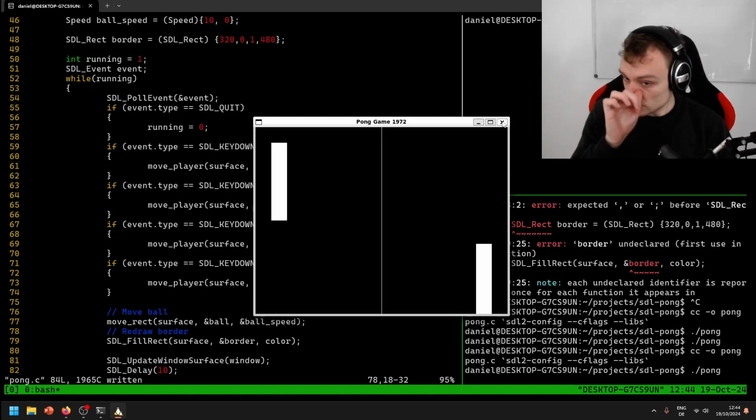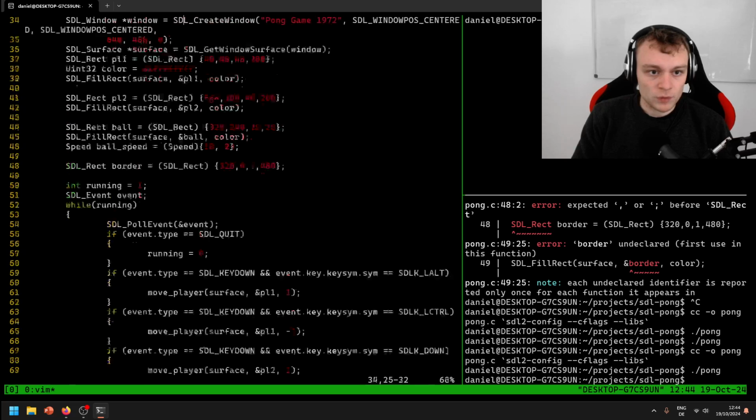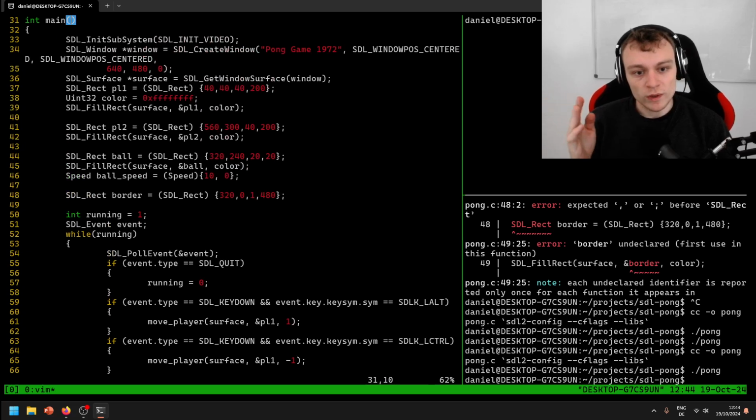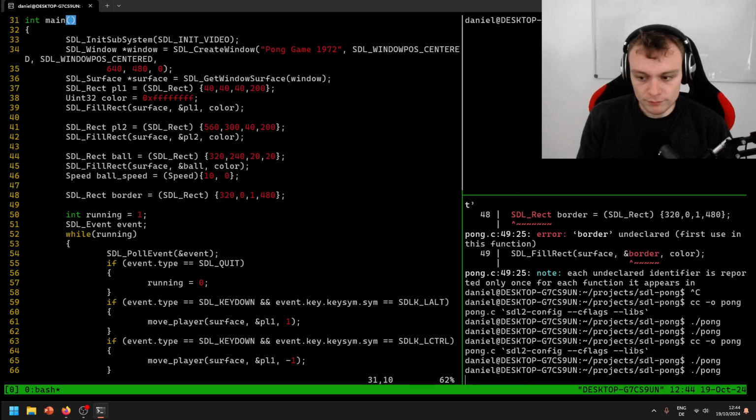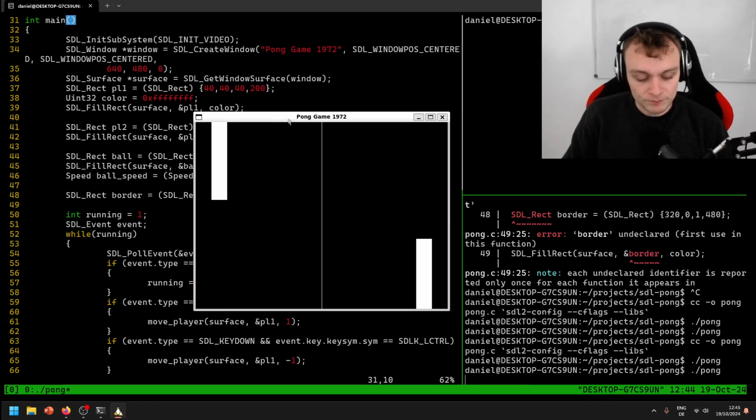And now the ball is moving away and the border is still intact. And now, of course, I would like to see the ball changing directions when the ball hits the left-hand or right-hand imaginary border. So I'm thinking of the Pong game as